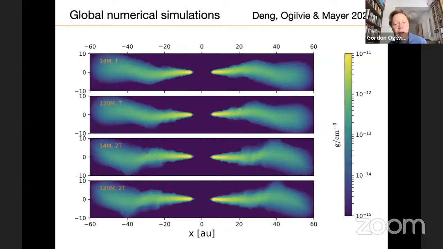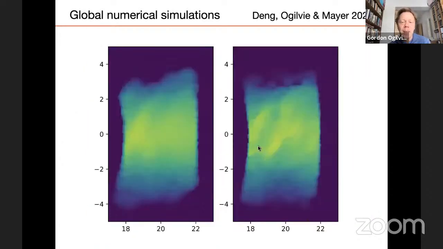Now, very recently, I've been working with Hongping Deng, who was Lucio's PhD student in Zurich. And he's been doing some very nice global simulations of warped disks, not using the SPH method, but using the meshless finite mass method, which has some superior properties. It's better able to resolve these internal flows and small-scale instabilities. So using some very high resolution simulations, he was able to find this parametric instability and turbulent motion occurring in global simulations of warped disks for the first time.